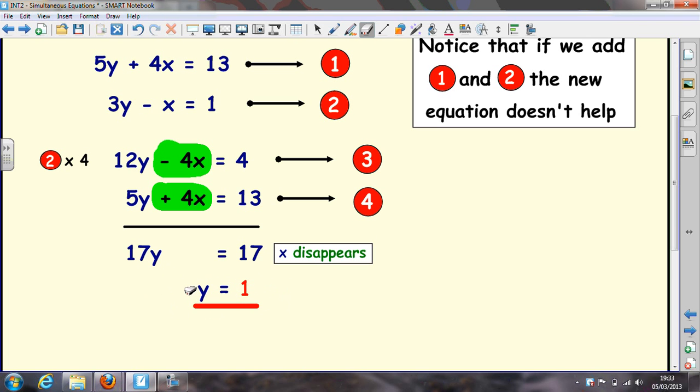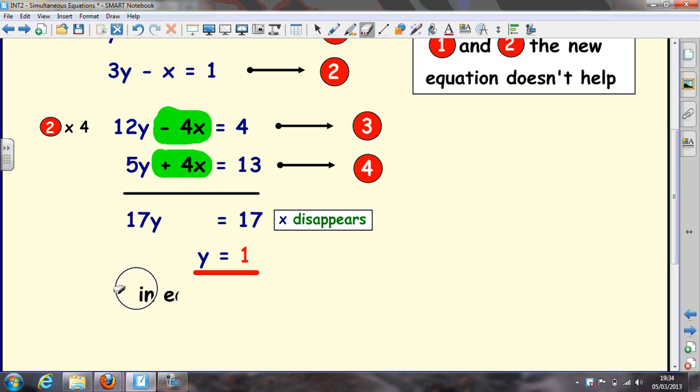Now to get the x value, what you do is you substitute this y value of 1 into any equation up here. Try to pick the one that's easiest. I always find the one that's easiest is the one with the positive values, if there is any. So I'm going to substitute this y equals 1 into this first equation up here. That means the y equals 1 is going to go in here. So that's really going to become 5 times the 1, which is 5. So here we are, substitute into equation